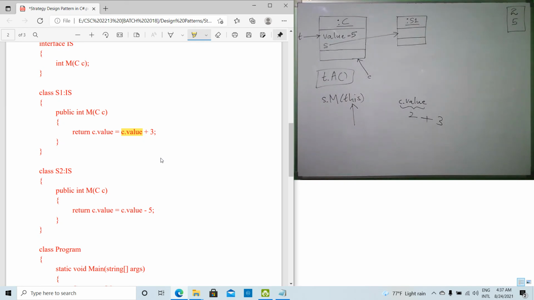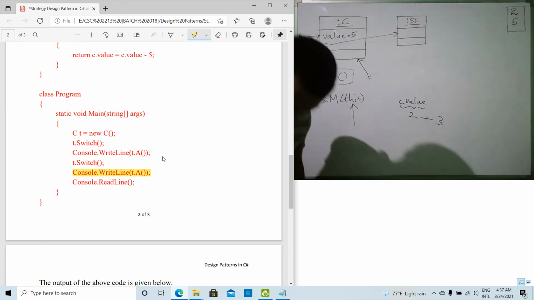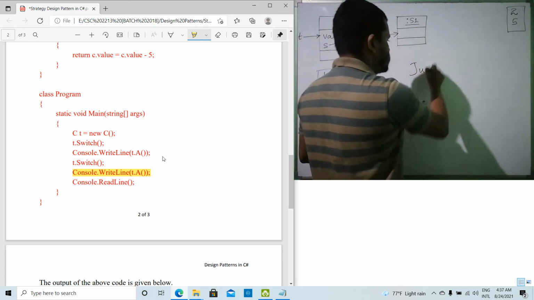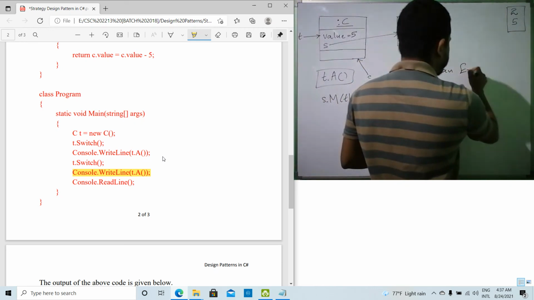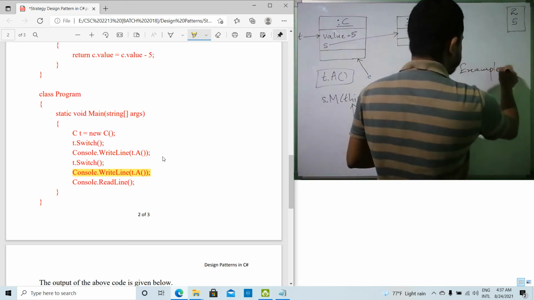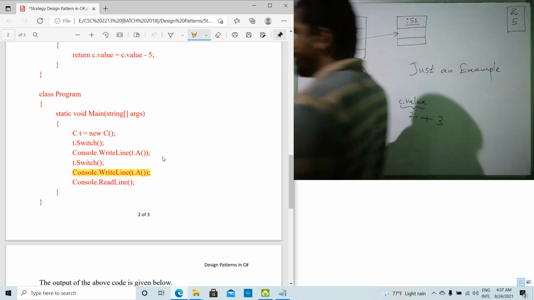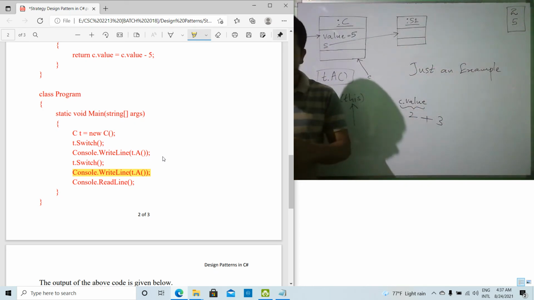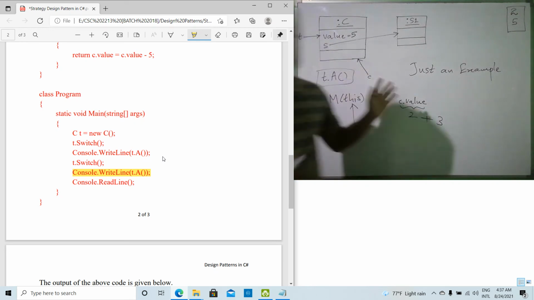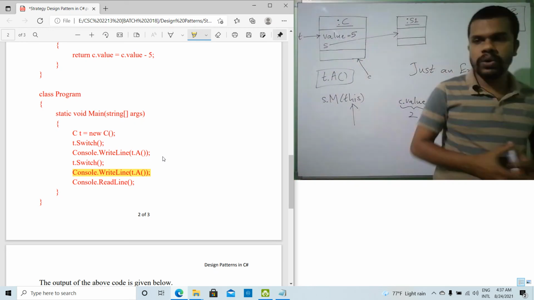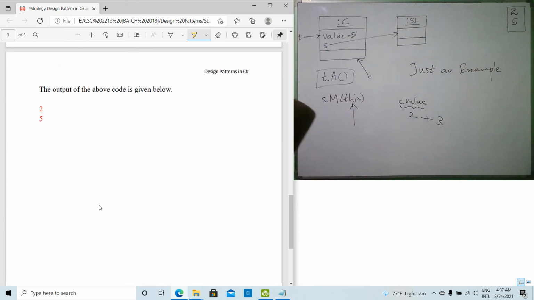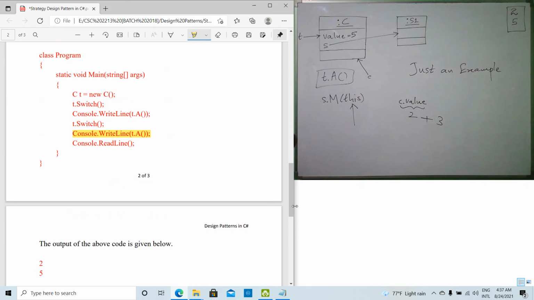Now, as I have mentioned at the very beginning, this is just an example for the strategy design pattern. Now you should get an idea from this, and you should be able to apply the concept to your own problem. Okay, and hope you understood properly,